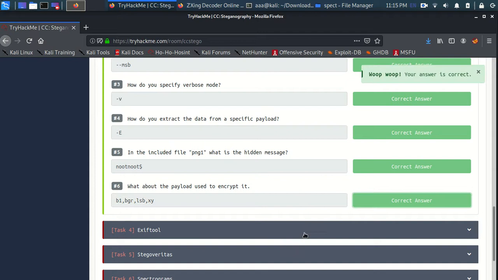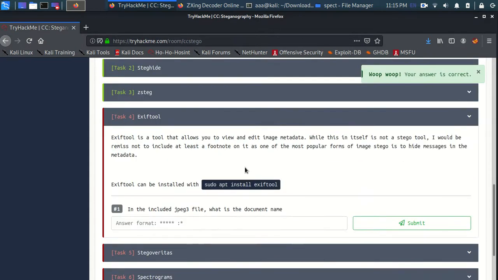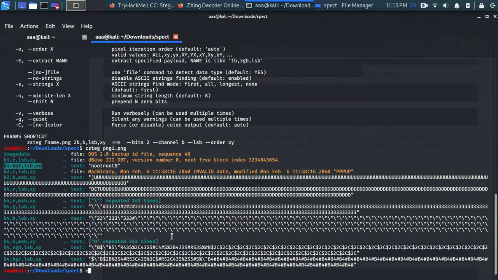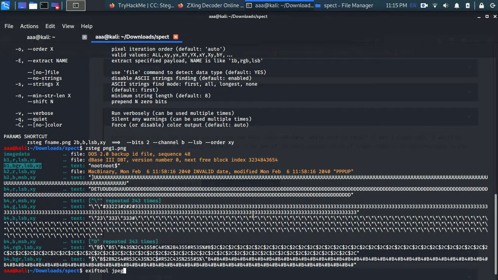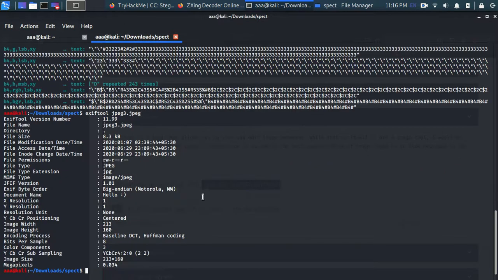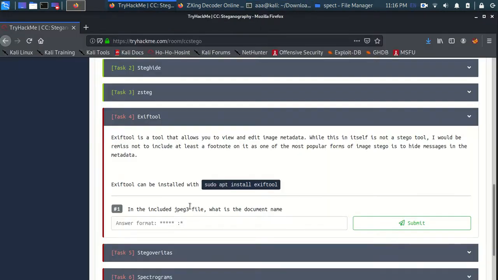Now the third tool is EXIF tool. I'll put a link in the description box below. EXIF tool can be used to help in finding the location of a person as well. That is really nice, and it may have hidden messages, just like here. In the included jpg3 file, what is the document name?